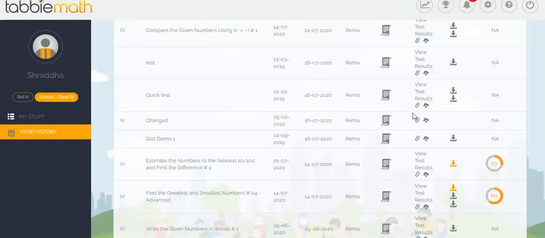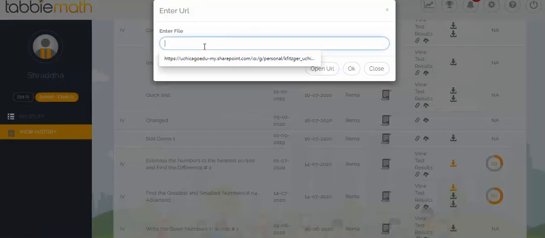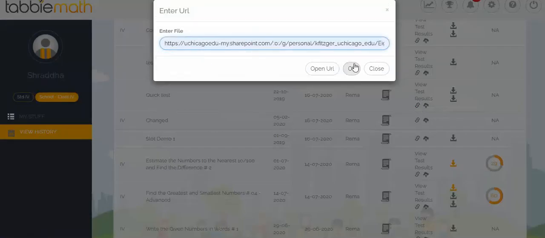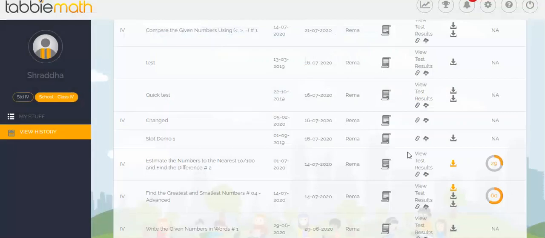If they want to upload a link instead of uploading a file, they can just click on this insert link here and they can click on the link that they want to insert, which the teacher again will be able to see from the dashboard. So this actually makes it really easy for a student to upload working into the system, either by sharing a link or by uploading files, and for a teacher to view the working of students, annotate on it, and share all their comments with the students.